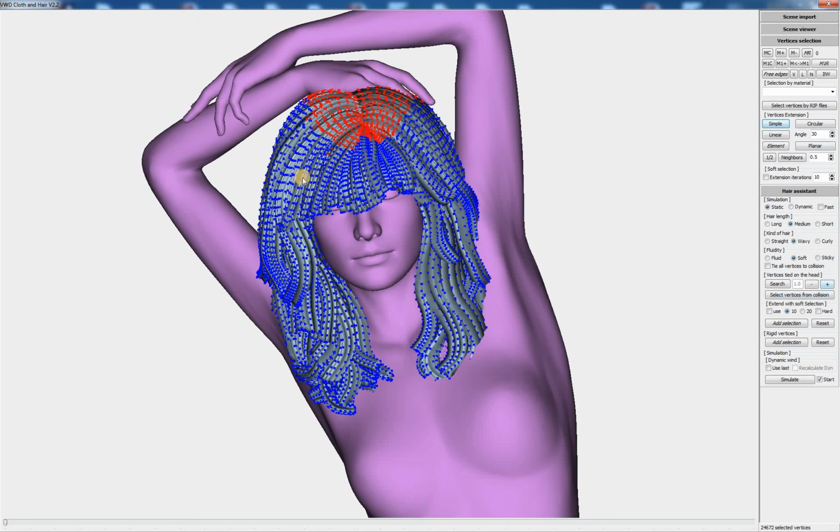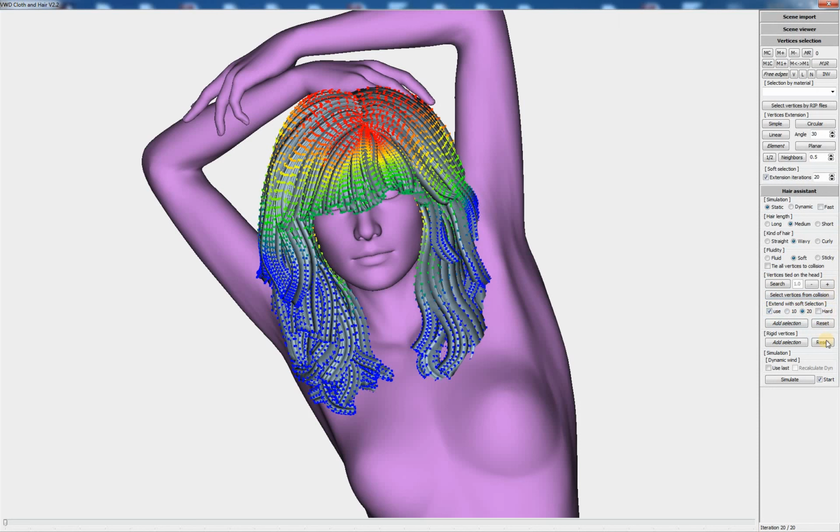And I want to stiffen this part of the hair a bit to keep the shape. So I will use, but I want to use more. Okay. And I want to use hard stiffness. All is ready, but there are some strands inside the body of Genesis 2. So I will remove the